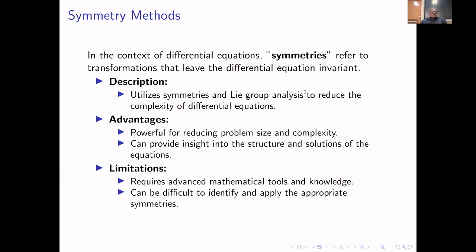But besides those advantages, it also has some limitations. That's why most scholars run away from this. Usually, if you find that the problem is difficult and you need to publish as quickly as possible, you run to a more reliable approximation technique. So the limitation is that it requires advanced mathematical tools and identifying the correct transformation in order to reduce the complexity. As I say, it's sometimes so challenging.